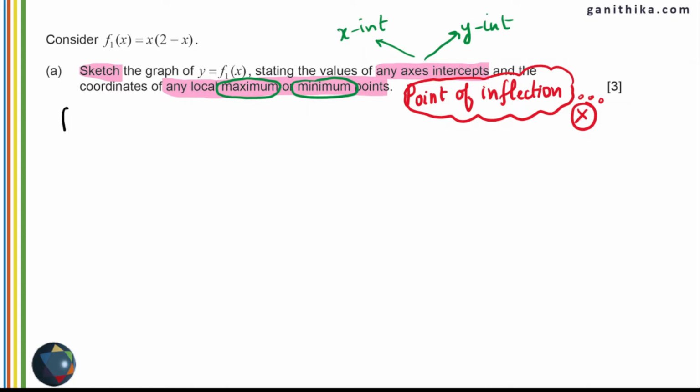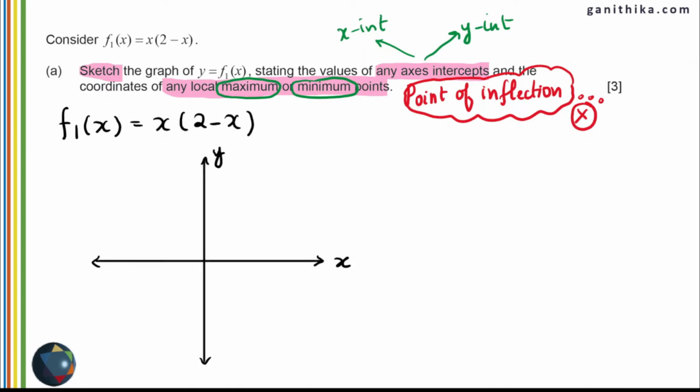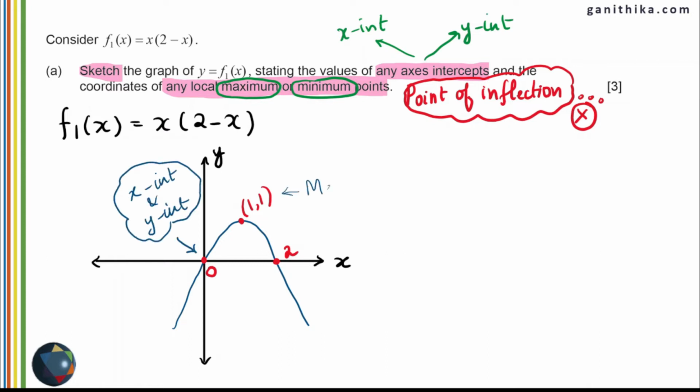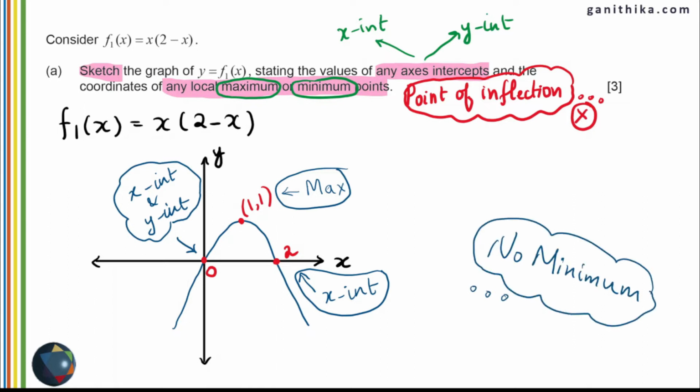So take your GDC, sketch the graph of x times (2 minus x) on your paper. Do not forget to mark the axes x and y. Sketching the graph of x times (2 minus x), it looks like this, and marking the important points. You have 2 x-intercepts and this is also the y-intercept, and this is the maximum point and this is another x-intercept. These are the 3 points you should have marked on your sketch, and this is all for 3 marks. It's quite easy. And you notice that there are no minimum points in this graph and you have only 2 intercepts and a maximum point for this particular function.